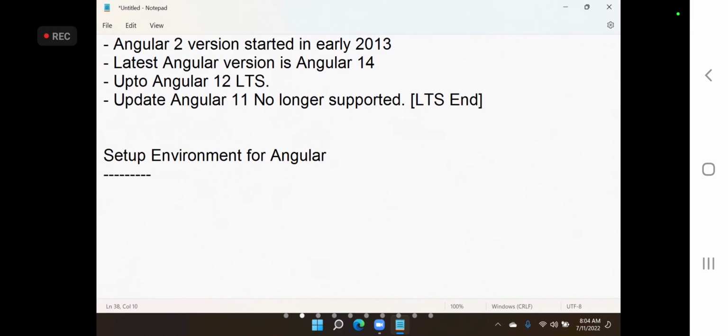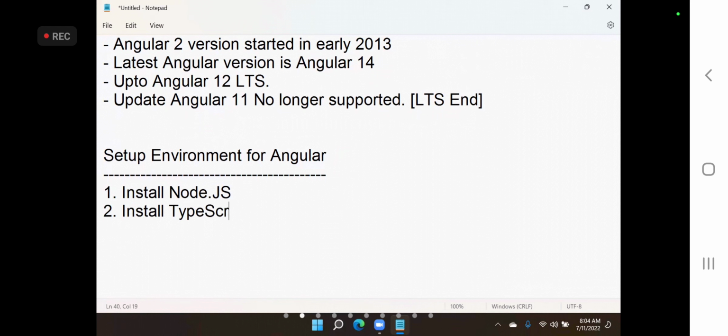To start working with Angular, you've already done a few things. That is, install Node.js, which you already have, and you have to install TypeScript. You have done this also. And you have installed VS Code, Visual Studio Code.